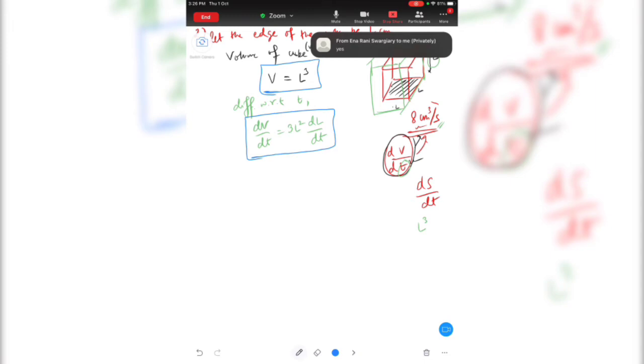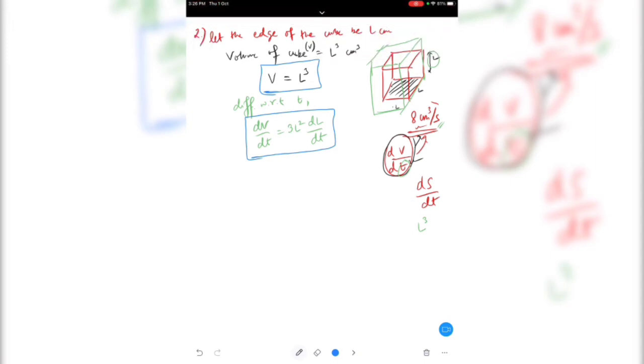Look here again. V is equal to L cube, right? First thing you tell me, when can the volume of a cube increase? When its sides increase, because volume is given by L cube, right? So volume can only increase or decrease when the length of the sides increases or decreases. If I say the volume is increasing with time, can't I say the length is also increasing with time?